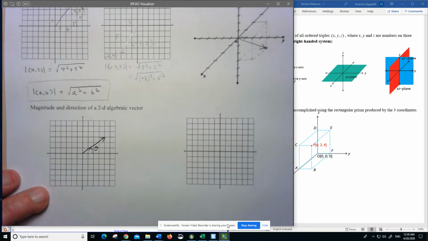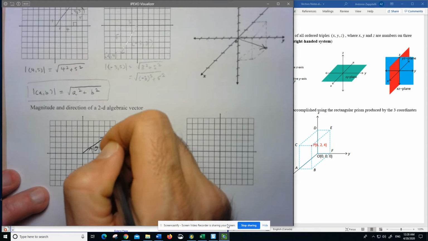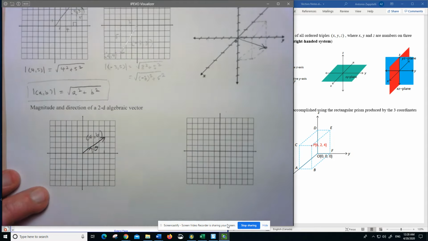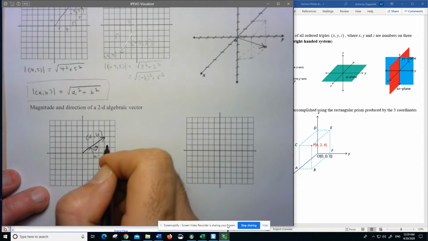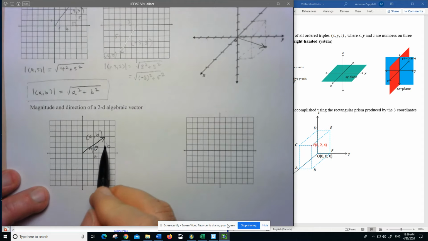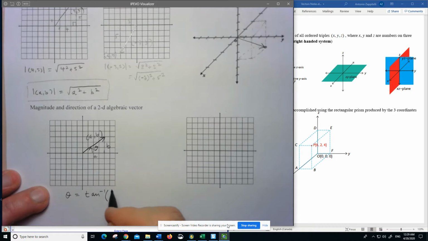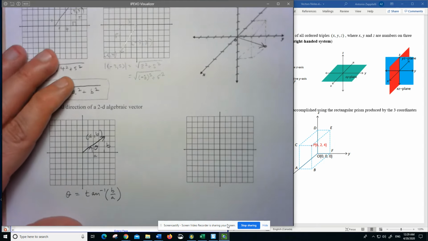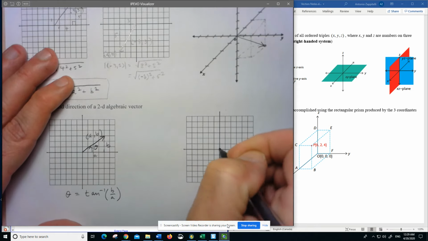Call that theta. So then you realize, well, wait, if this is the vector, say, AB, let's take something general. Well, again, this is A, this is B, this is the opposite, this is the adjacent. So theta is just given by the inverse tan of opposite over adjacent, B over A. Nice and easy. Okay. This is where things get a little dicey, though, is what if I have a vector